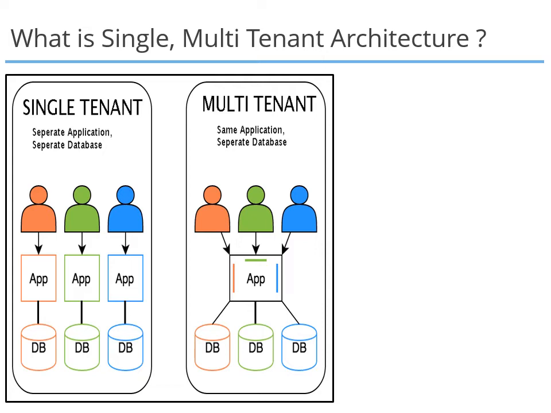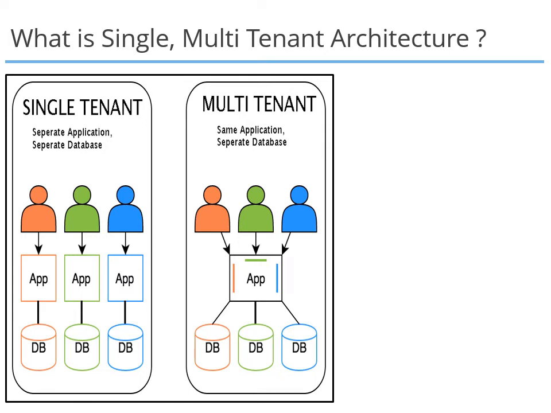In simple English terms, the word tenant refers to the user or a customer who uses a common or a shared place and pays rent for the usage. Likewise, the software applications designed for business can either serve a single or multiple customers at the same time. In a software as a service architecture model, each of your customers is a tenant of the software application they use and pays subscription for the usage.